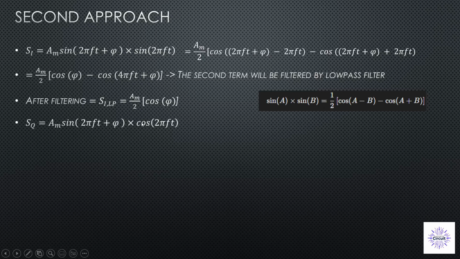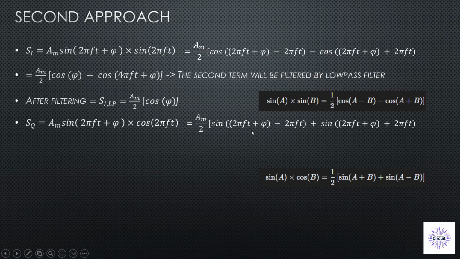Then we can expand this multiplication again using this math. Sine A multiplied by cosine B is equal to half of sine A plus B plus sine A minus B. Then if we use this,